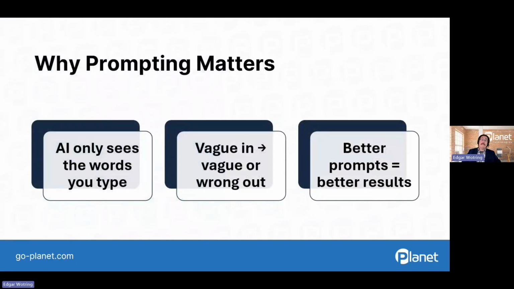Why does prompting matter? Well, AI is not magic, and of course it cannot read our minds. If we give Copilot incomplete or vague prompts, it's going to do its best to fill in the blanks on its own. And as you might imagine, while this occasionally may work, it may help us achieve our goal or head in the correct direction, most of the time the output is not going to be quite what we would like it to be. Very simply, and perhaps obviously put, improved prompts mean better results.